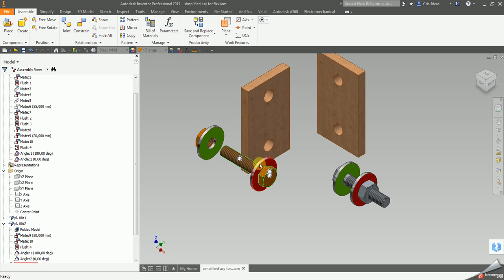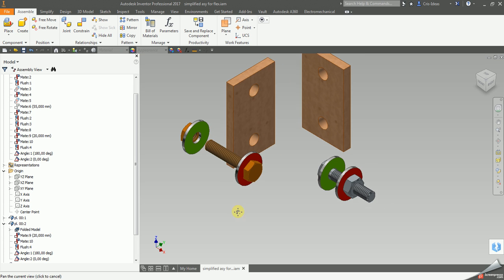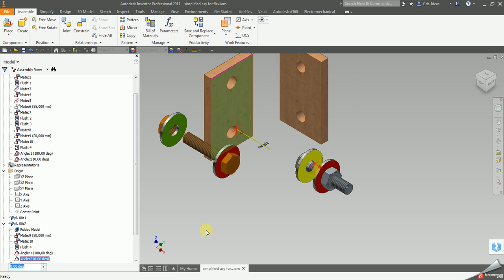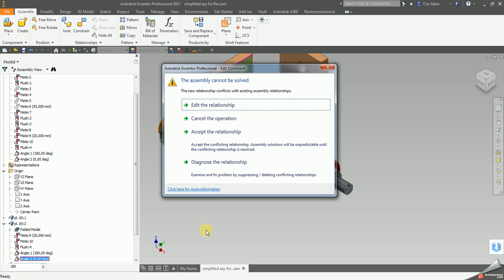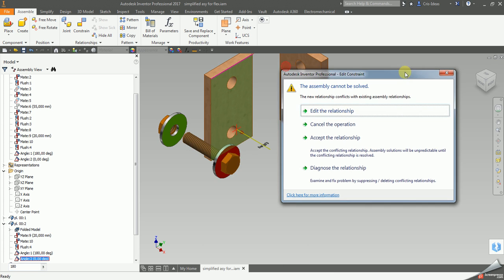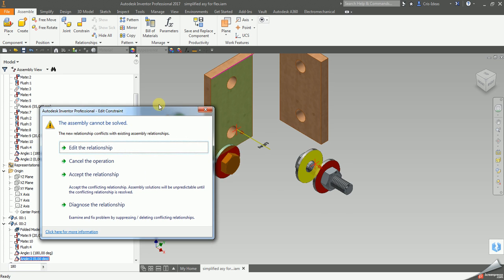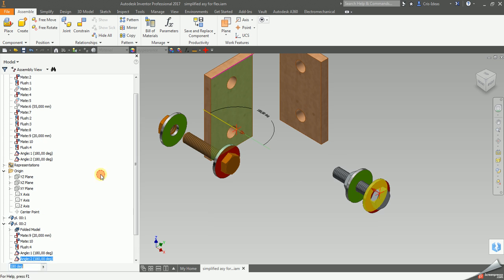and the green face of this washer is now 180 degrees, so the bolt is totally opposite. I will try to do the same edit with this, and as previously, we instantly are getting an error, and there is nothing we can do. I will accept, and now what we have is the paradox situation when we have properly aligned assembly with its